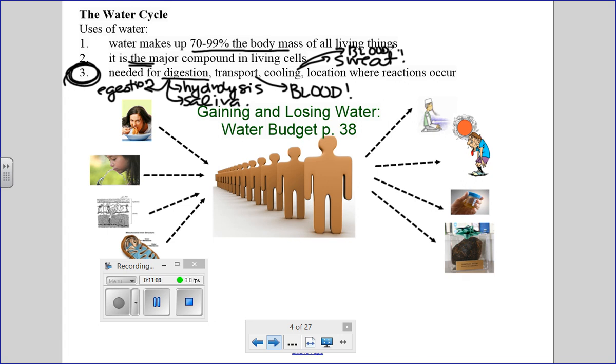Water can also be the location where reactions occur, so we can think about catalysts and enzymes and how water can speed things up. So water is necessary for life. There are so many biological things that depend on water, a lot of which we know about from studying those other systems, that water is crucial to living organisms.